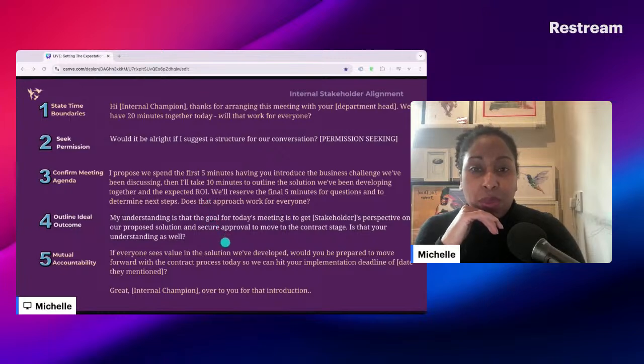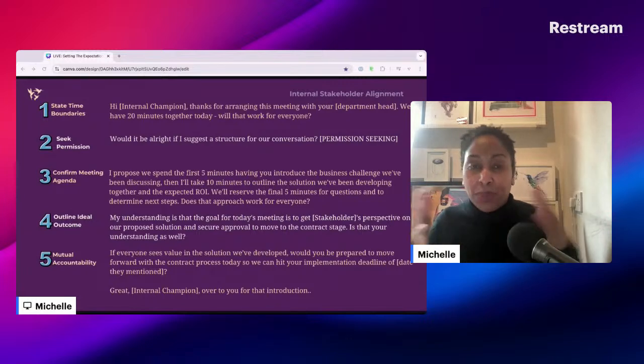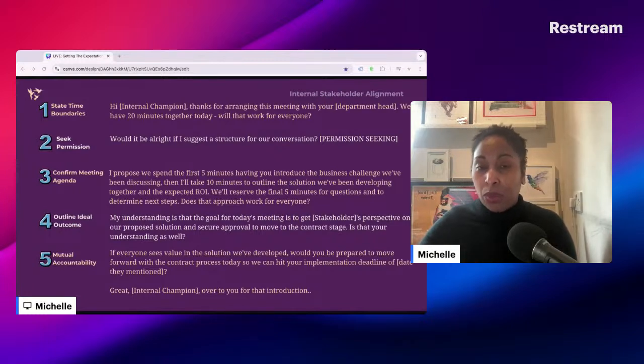Here in our outcome, we're moving through to secured contract stage. And then here, we're trying to gain that accountability by a set date. Therefore, we have that expectation of expediency, that expectation that we're moving through with as few delays as possible built into our wording. Not only that, but it gives us a chance to review that, and if there are problems with that timeline, have that open, honest conversation about how that timeline should adjust, which means that you as a salesperson don't end up committing to a close date you can't reach.